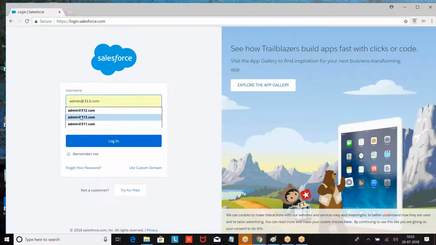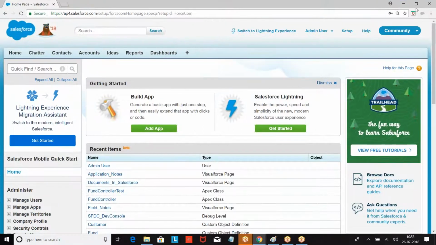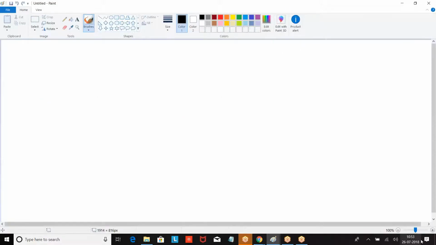What is this page layout, how are we going to use it, and how are we going to create them? Basically, a page layout will specify how an object should be visible to the user. Let us take a general example to get the concept right. So we want to understand what a page layout is.